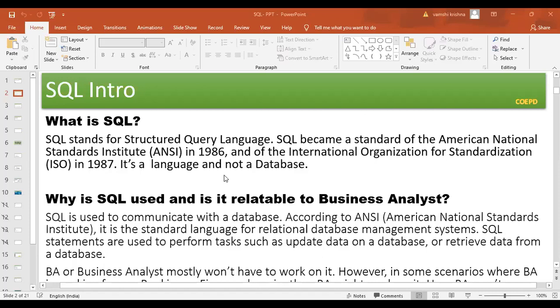I'm sure you all know what is in a database, right? Database consists of, can anyone tell me? What does a database consist of? Tables and records.